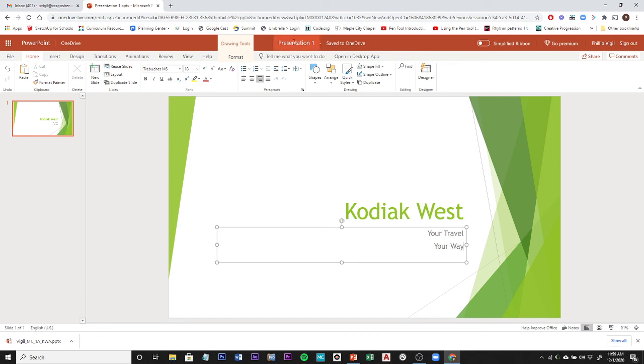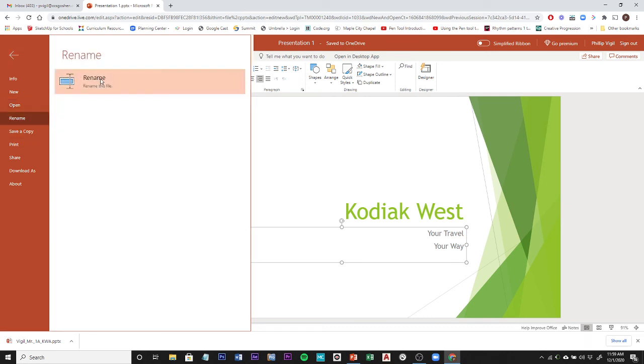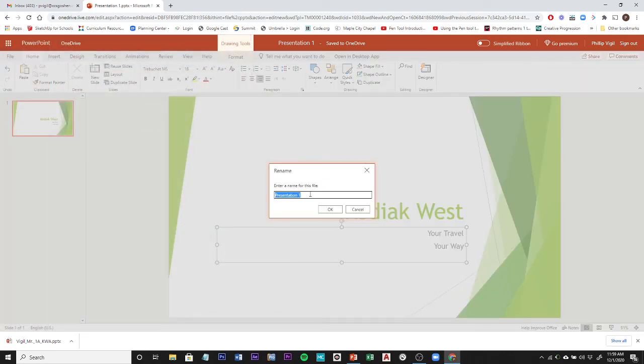But we do want to rename it. So you can click here. That's one way to rename it, and then just change the name. You can also go to the File tab, click on Rename, and then this Rename button, and then you can change the name. So whichever way you choose to do it, we're going to rename this with your last name, first name. So Vigil,